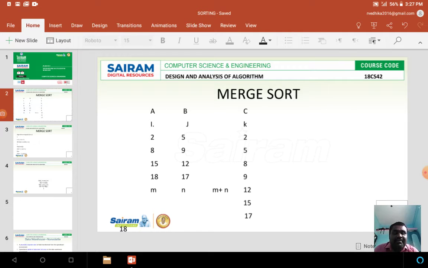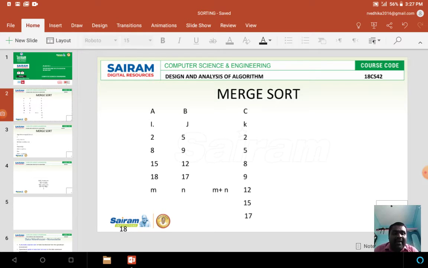To track the elements, I am using the variables i as well as j. My merge sort will contain the combination of both A and B arrays. So m plus n elements will be available in my resultant array.